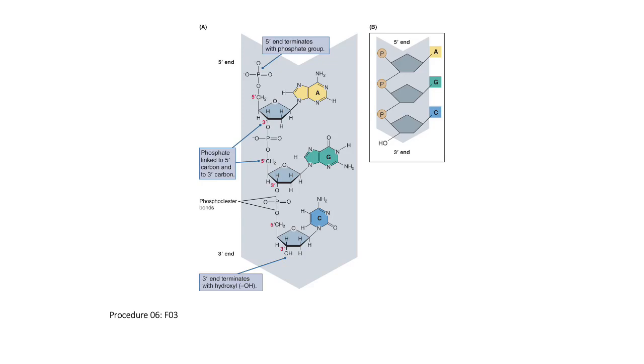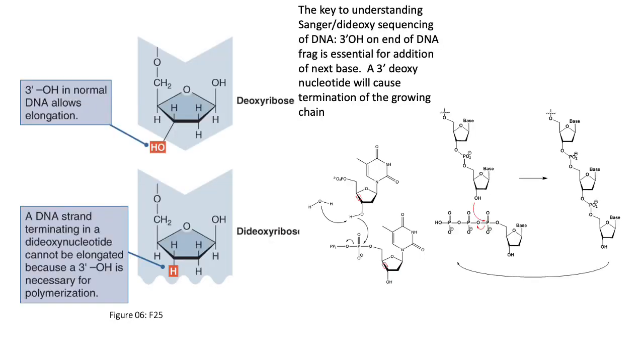And then along comes the C, and its phosphate binds to the 3' carbon's OH from the guanine. And when it forms that bond, H2O gets spit off, and the phosphate binds to the carbon. And now you've got, on the C, a 3' OH. And that's ready and waiting for the next base to be added onto that. Right? I hope none of this is shocking to you. This is how DNA is polymerized and how your strand of DNA elongates from the 5' end to the 3' end. So what happens when we add a